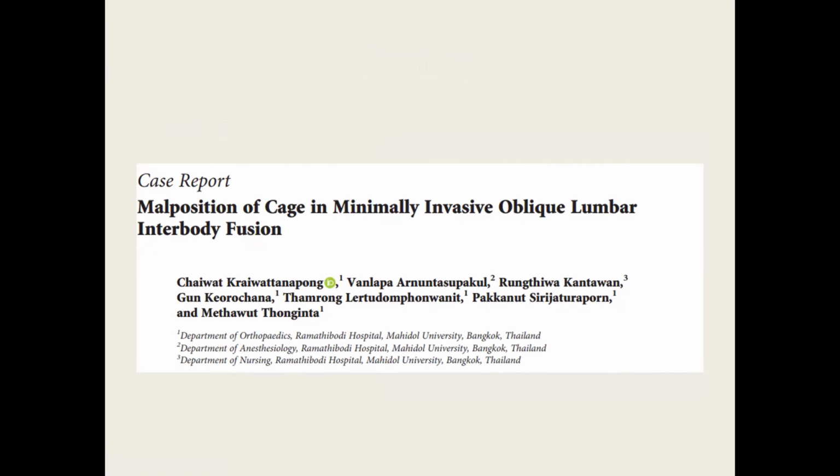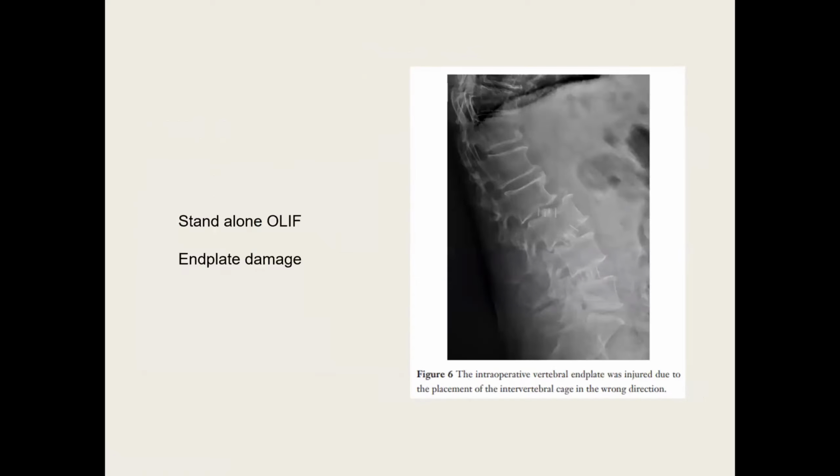Now, this was a case report of malposition where the cage was not placed properly. This is what happens if one does not place it in the center or is aggressive in removing the epiphyseal plate, and this is what happens to the cage. There is a subsidence, and they had done 3 levels and had not supplemented with posterior fixation. So if you are doing more than 1 level, always fix it. Never do over aggressive epiphyseal plate removal, and in an osteoporotic spine, be careful.